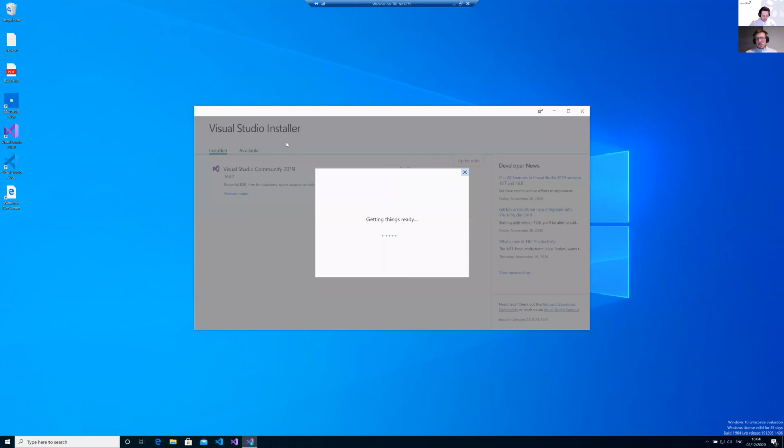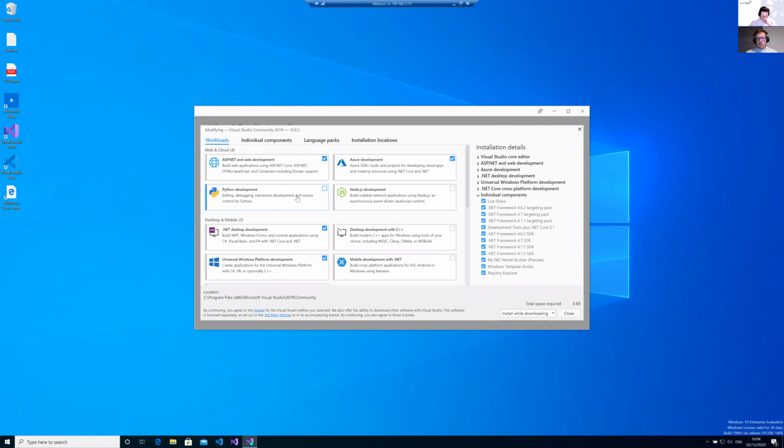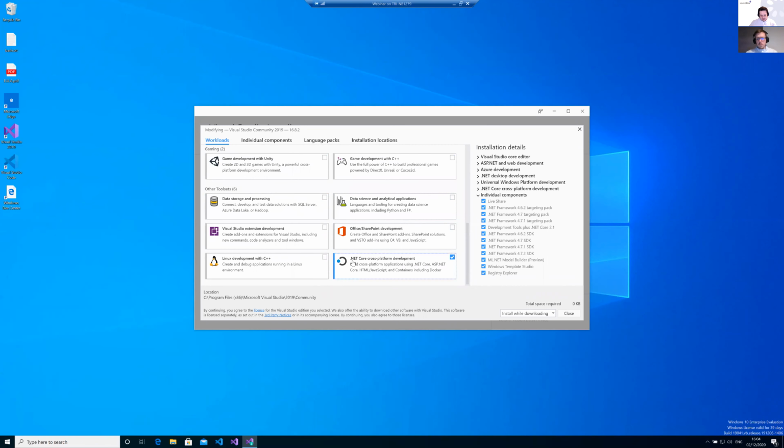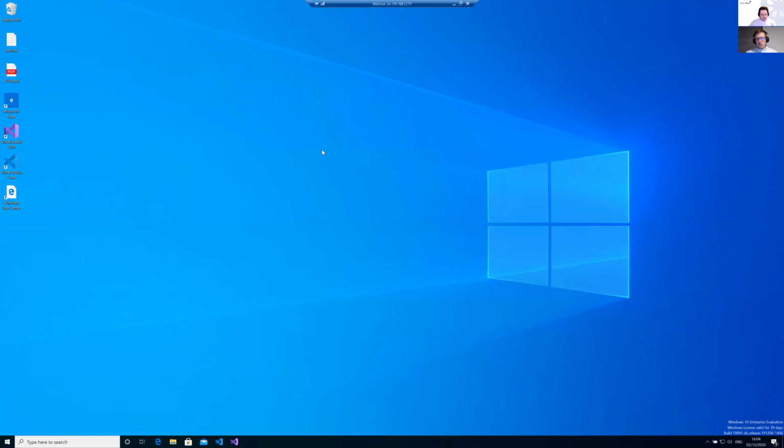You have different workloads in Visual Studio, and as a .NET developer, I have the ASP.NET web development workload, the .NET desktop development, and the .NET Core cross-platform development. One of them is enough, but I always have all of them installed. Good. So to get started with SpecFlow, the first thing you should do,